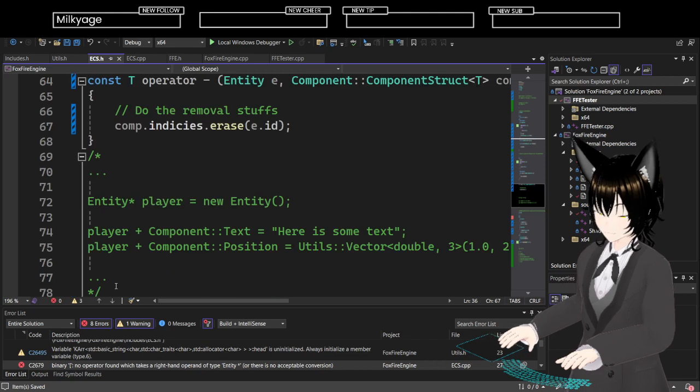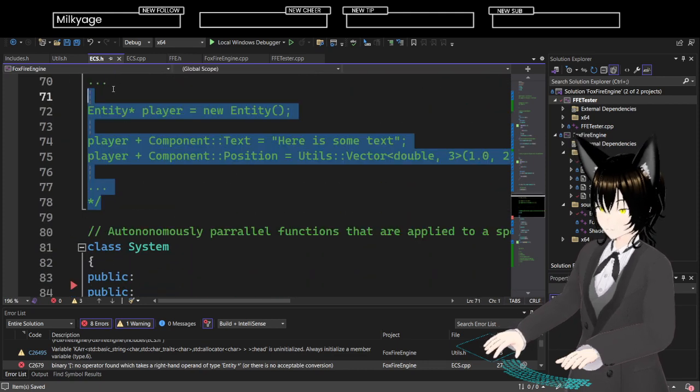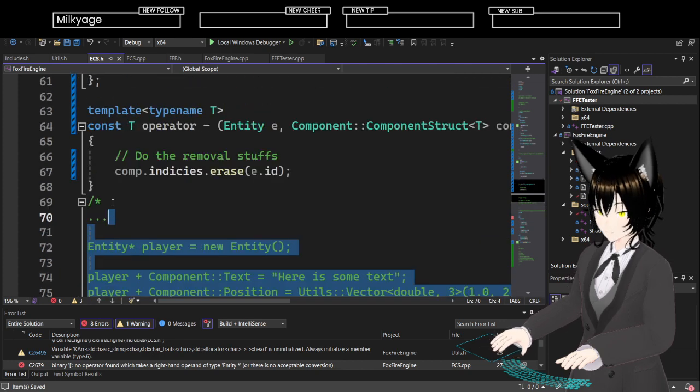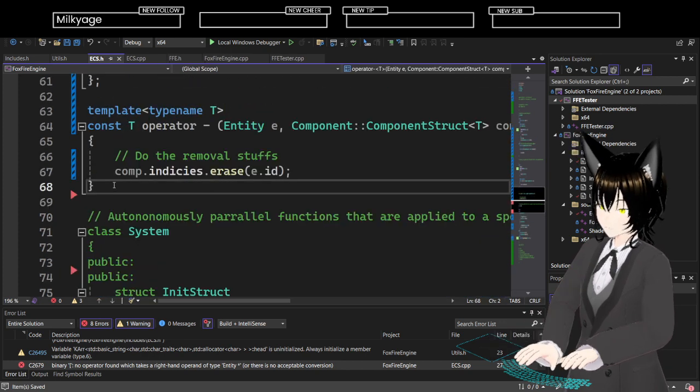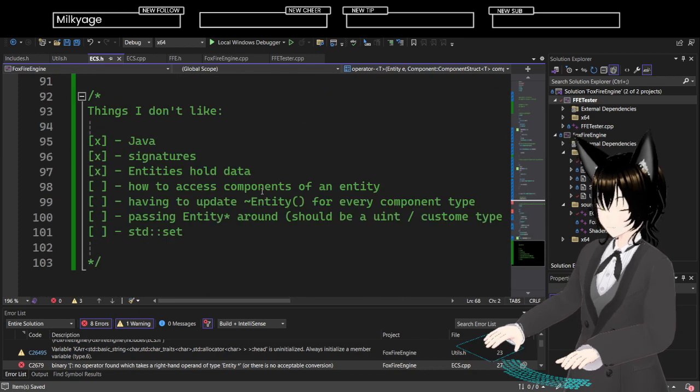But I think this is still better. I think this is still closer to what it is that I want.